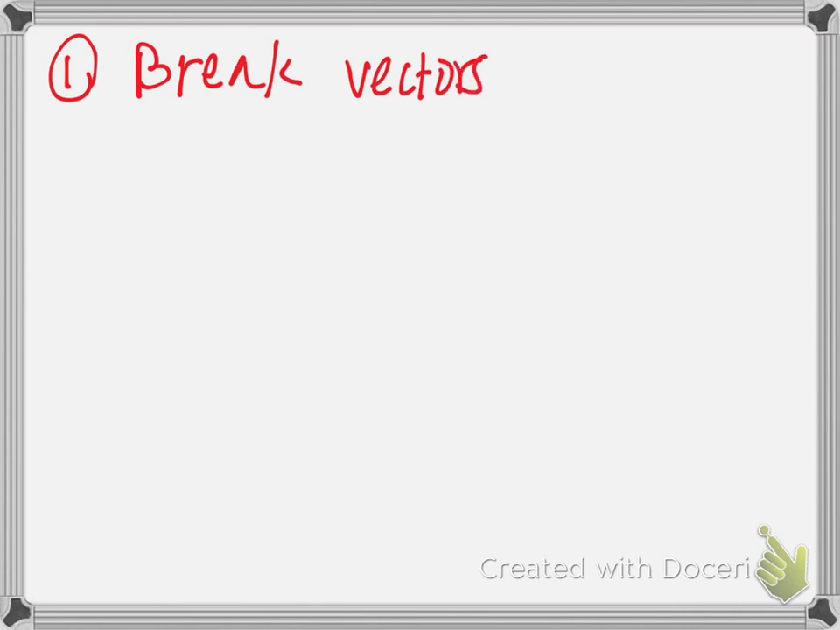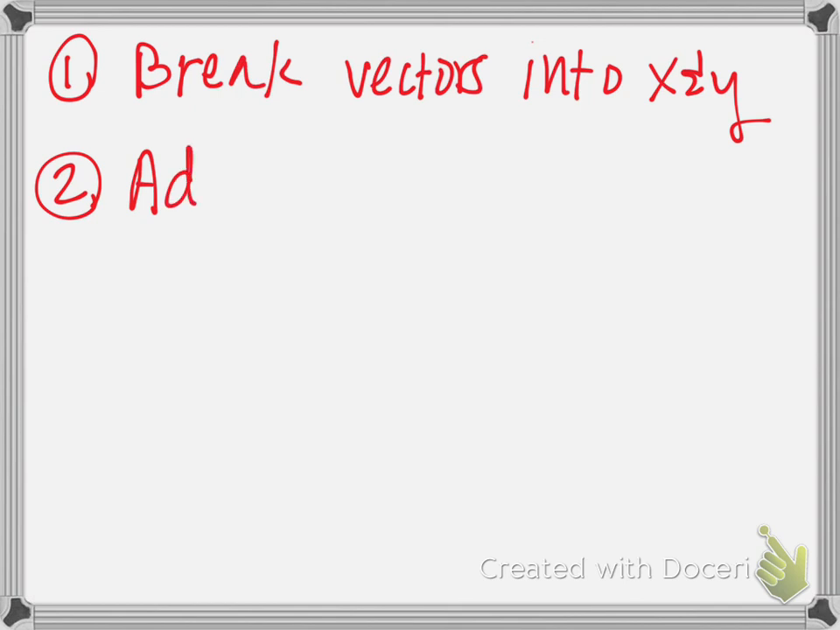So step 1's always break vectors into x and y. And all the vectors, no matter if they're purely north, purely west, whatever, break vectors into x and y. Okay, step 2 then is to do what? You've got your x and your y component for every vector. Now we do what? We add the x's, we add the y's,